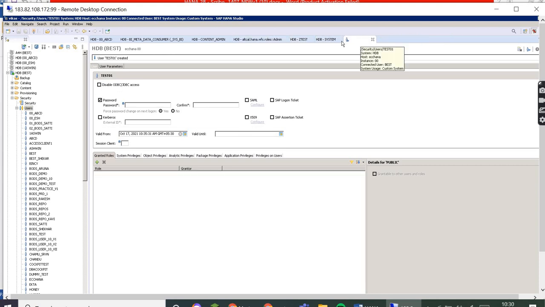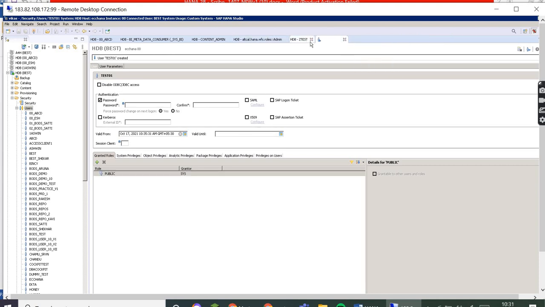So until here, any question from anyone? One thing I don't know whether it was asked earlier or not: what is this disable ODBC JDBC? Is it for security? It is for external connections. If you want to add some external database with your HANA DB, that can be connected with JDBC ODBC connectors, for non-SAP system databases.